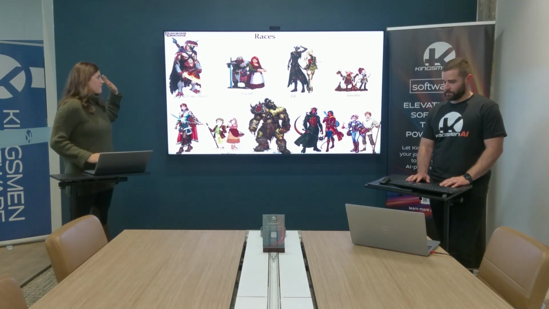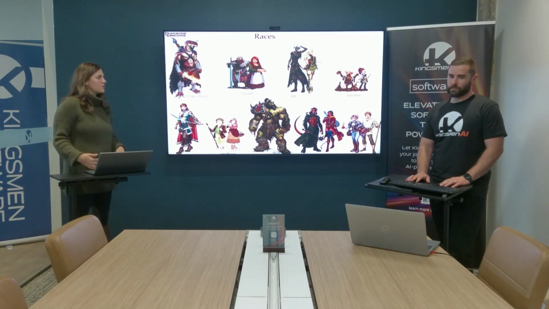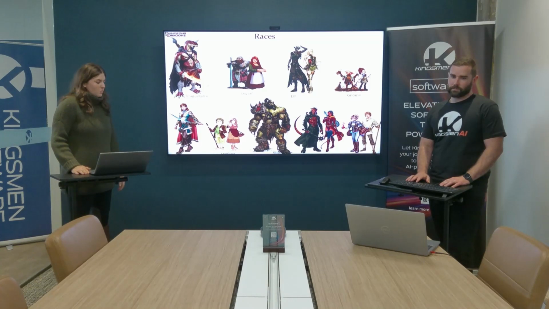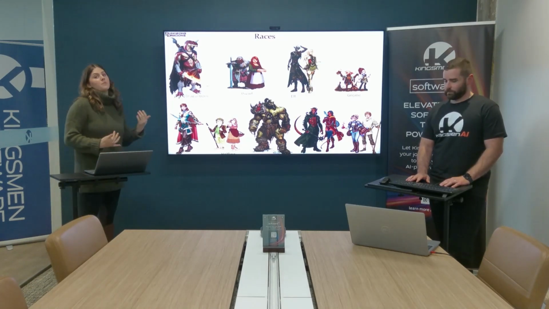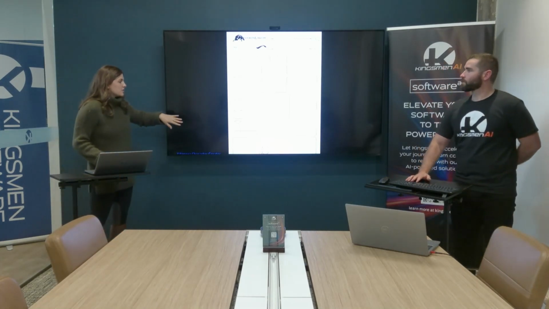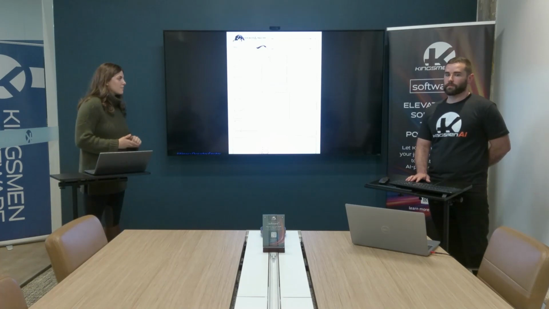So I put up a few examples of some of the races you can pick from when you go to create your character. You could be a dragonborn, a dwarf, a human, and then you pick from your class. You could be a barbarian or a rogue. And the character creation process is a lot more than just a general appearance and a name. I know you may not be able to see this super clearly. We'll show a zoomed in version of our character sheet in a minute here.